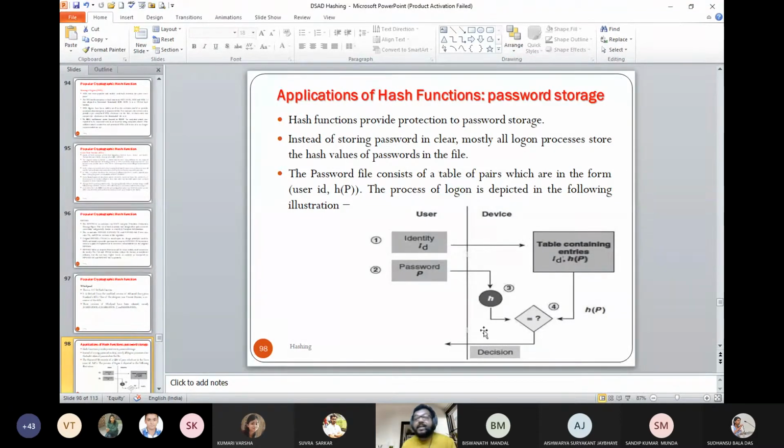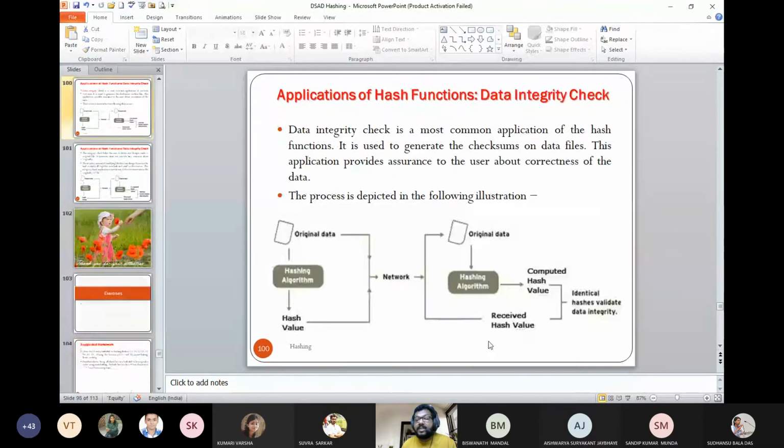Data integrity check is another application where we can use hashing. The whole original data is stored, and suppose you transmit the whole thing over the network. It's a typical cryptographic scenario. You receive the original data, and then you can compute the hash value.